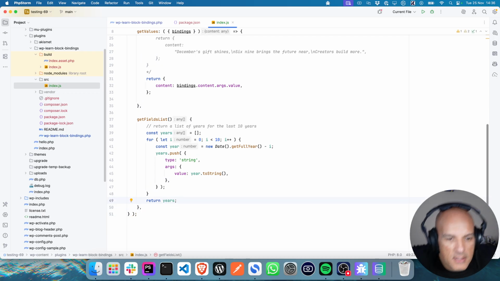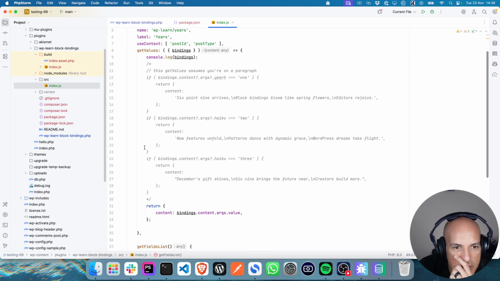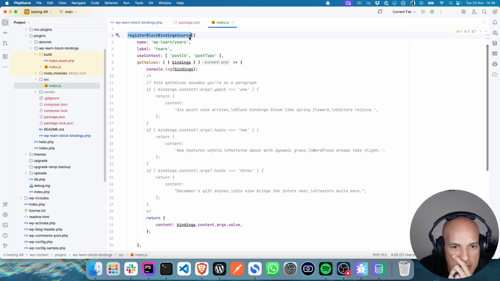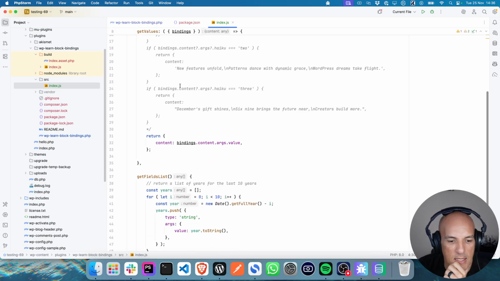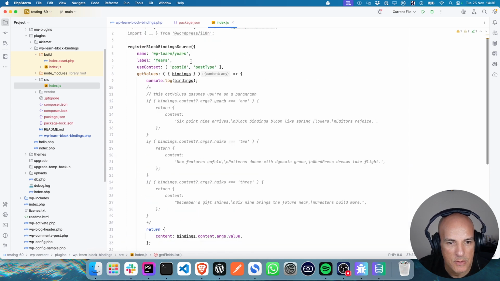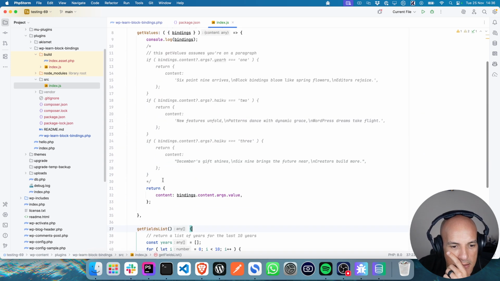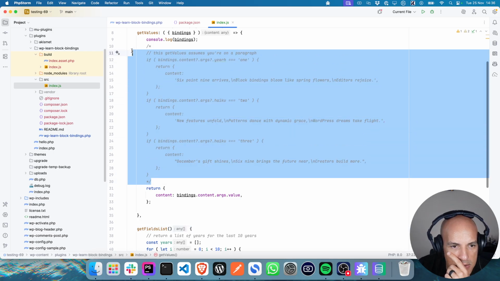Okay, so get field list is part of register block binding source, one of the things you can set up. So you're registering the source for years. Return, okay, go. So this we can get rid of.